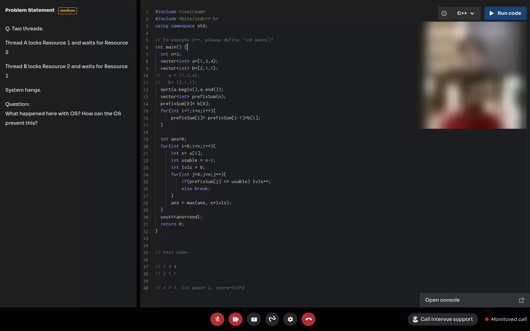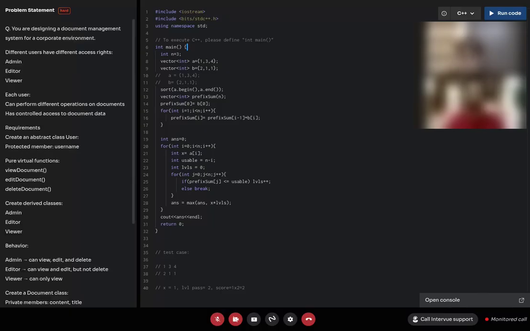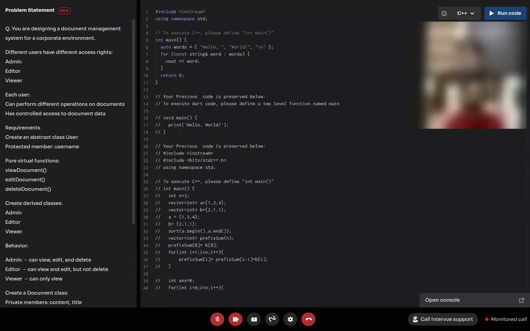So let's take an OOPS question as well. Here we have a scenario. Just a minute, it's not updating. It's taking time. Yeah, now it is updated. So you can go through the question once. And for OOPS, which language do you prefer? Either CPP or Java. CPP only. Okay. Let me refresh the term. Yes. Perfect.